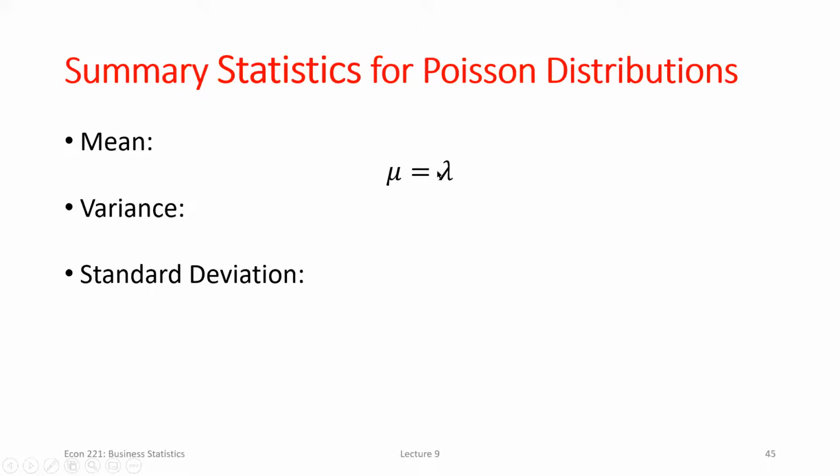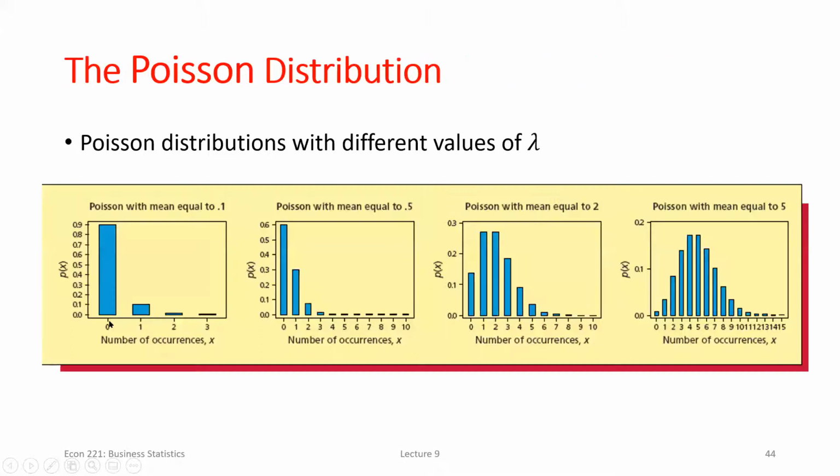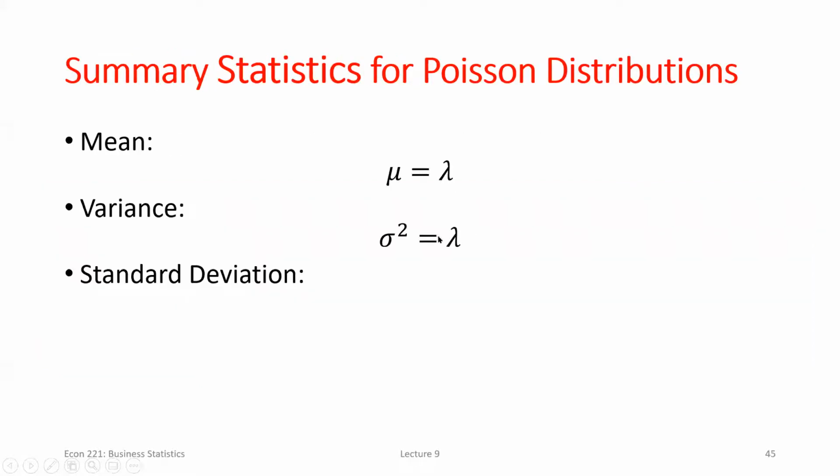If I take this mean, I go back and I take the first number of occurrences, 0. I subtract that mean, or I subtract lambda. I square it, and then multiply it by the probability that 0 occurs. Then I add to that 1 minus the mean, or 1 minus lambda squared times the probability 1 occurs. I do that for every single possible outcome. I'm essentially calculating a weighted variance there. And what ends up being true for the Poisson is you can prove mathematically that it will always be lambda,